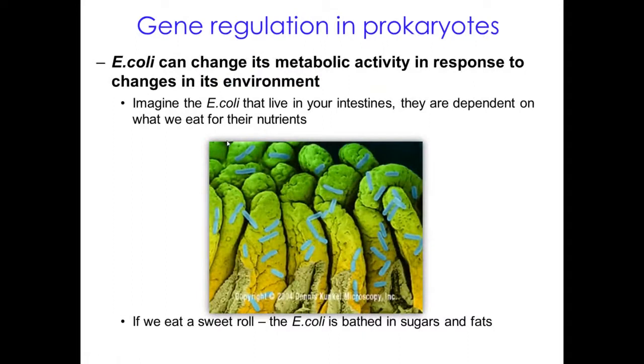All right, let's think about E. coli in our intestines, right? The E. coli in our intestines have to adjust their metabolism to be dependent upon whatever we eat. So if we eat, for example, a sweet roll, then the E. coli is going to be bathed in sugars and fats. And so the enzymes necessary to break down sugars and fats are going to be needed in that cell. So the cell is going to be very busy making those enzymes so that we can get benefit from those